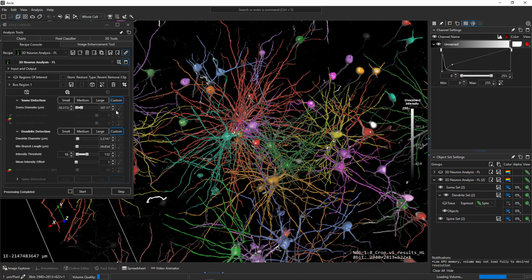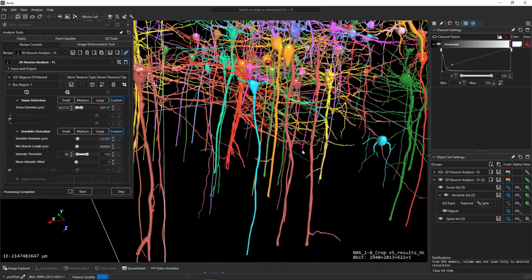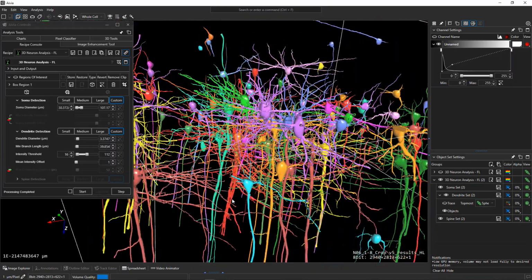So in this case, I didn't do any iteration. If I saw something that wasn't ideal, I could make a small edit to the parameters that were determined by the pre-trained AI and then apply again. Of course, I could also use a ROI instead of applying on the whole thing, so I don't have to wait for long. But now that I have all of the segmentation completed,